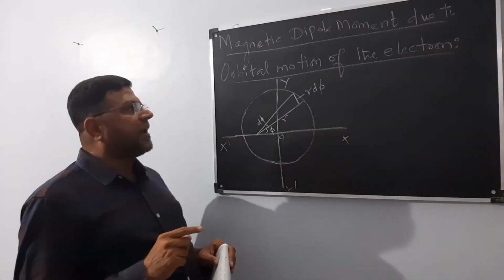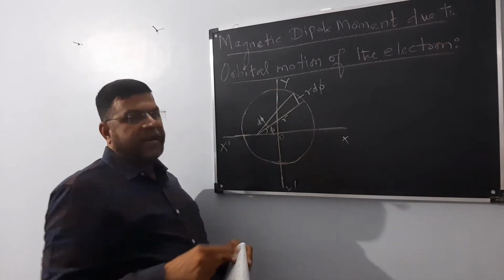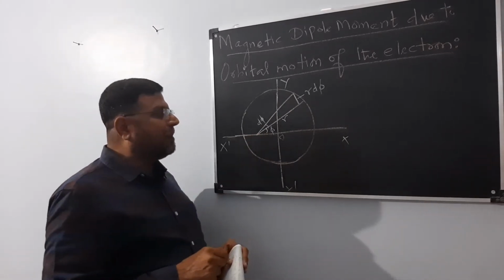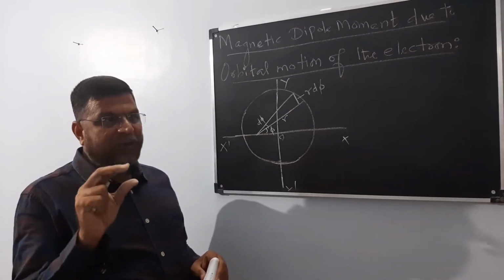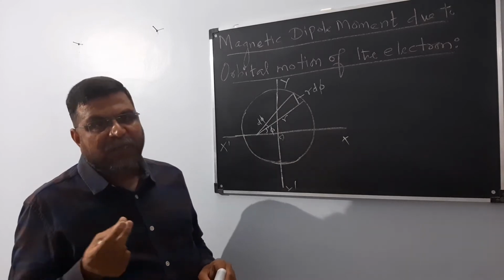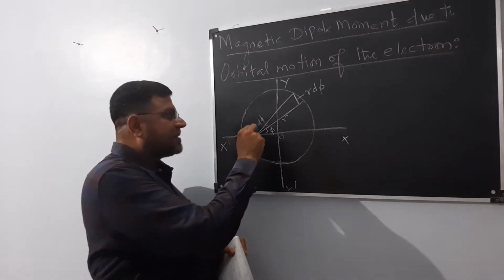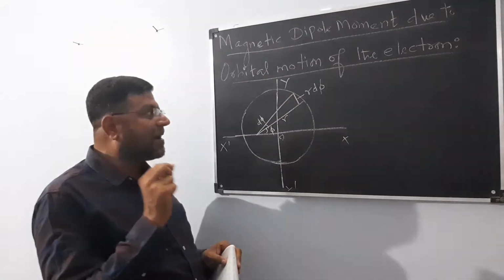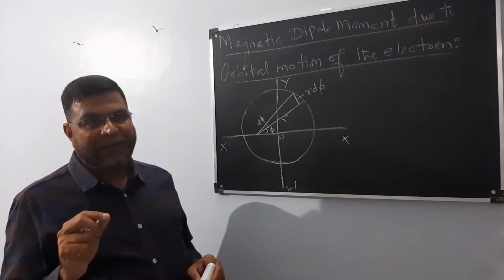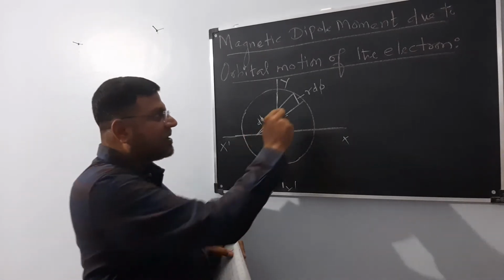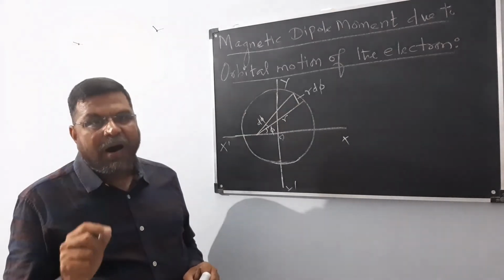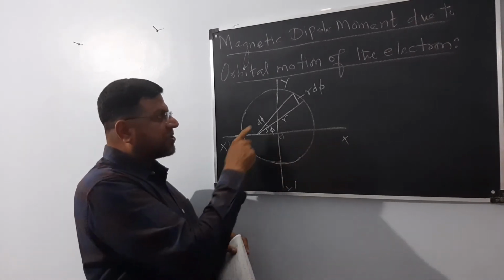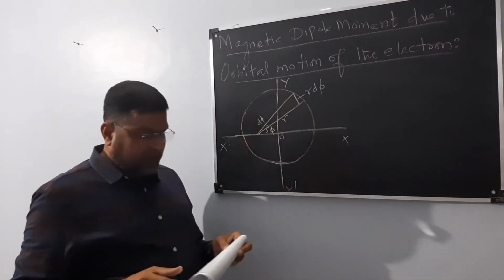Now I have taken an electron which is revolving in a circular path. It is inclined at an angle phi. When it is moving from one point to another point, there is a small variation in angle, and that is known as d phi. The radius of the path is known as r and the change in path will be written as dr. Therefore, this side of the figure is noted as r times d phi. The positive directions are x, x dash, y, y dash, and o is the origin.